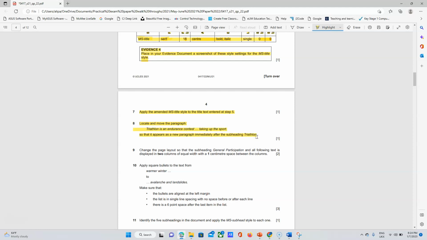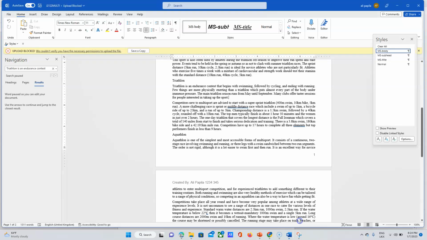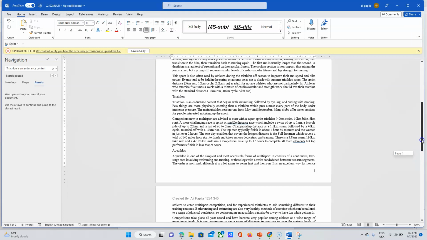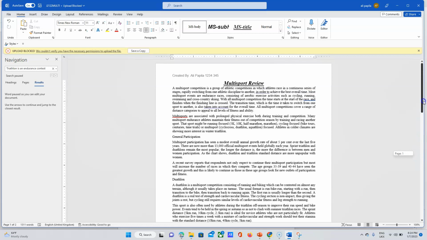Change the page layout so that the subheading general participation and all following text is displayed in 2 columns of equal width with a 1 centimeter space between the columns. Okay, change the page layout so that the subheading general participation and all following text. So from general participation, just find that first. Okay, let me close the styles. Where is general? Okay, so from here